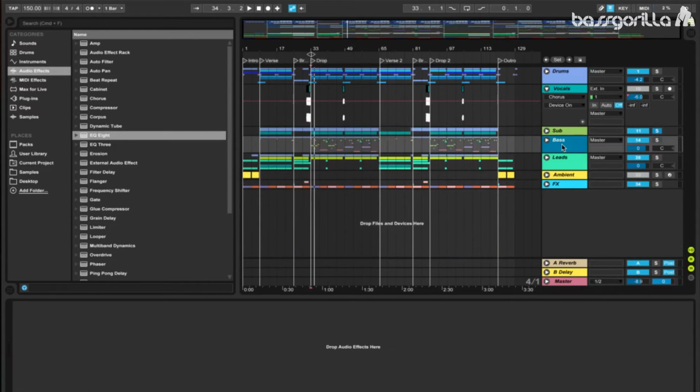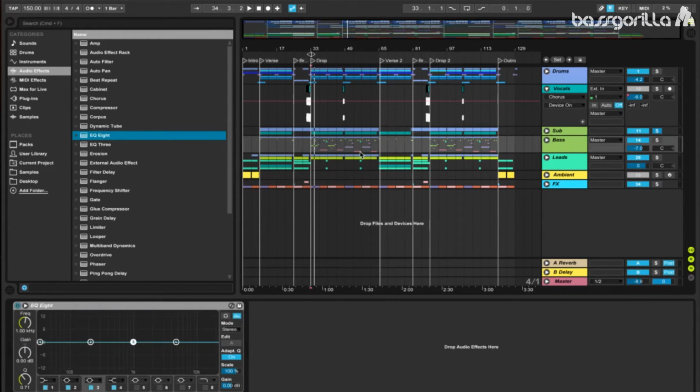Now we're going to move on to our bass, and this is probably going to be the most heavy effect processing we're going to get into with this project file. But before we put the effects on, let's change the volume of this group to -7 decibels. And for our first effect, we're going to add on EQ8. We'll take our first band, change it to be a low cut ×4, and set the frequency to be 50